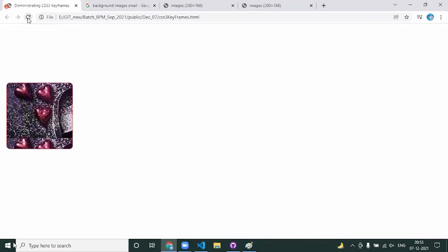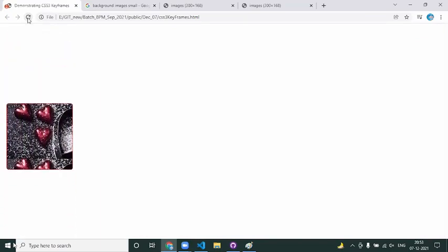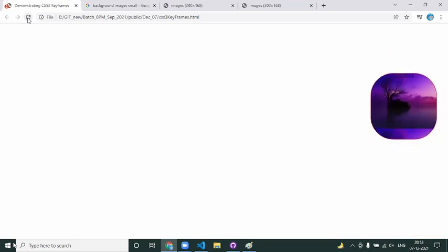Let us see this. If you reload this page, see here, the background image is getting changed. Now it is changing to something else. Later, we haven't changed the background image, so that image keeps on continuing, and at the end, it will be moving. Got it, guys? That is how we control the background image also.